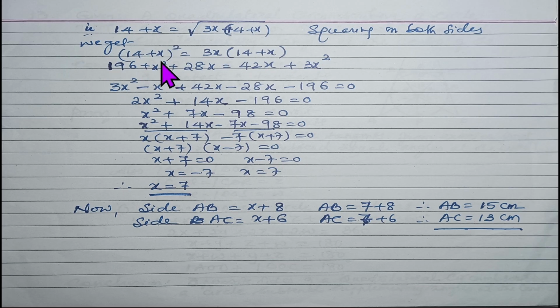So 14 square is 196, and x square plus 28x by applying the a plus b whole square formula and opening this, and on the right side, 14 threes are 42x, and we get 3x square. Now if I rearrange them and write in standard form, I get 3x square minus x square plus 42x minus 28x minus 196 is equal to 0, or 2x square plus 14x minus 196 equal to 0, x square